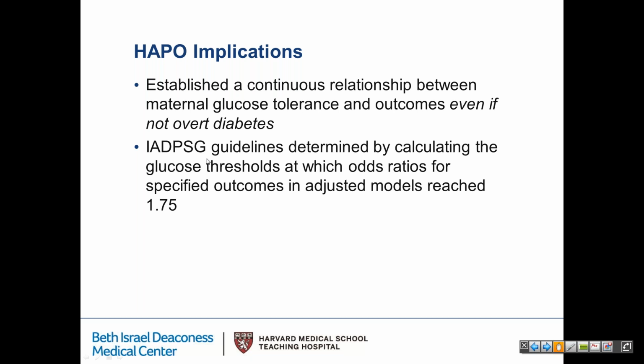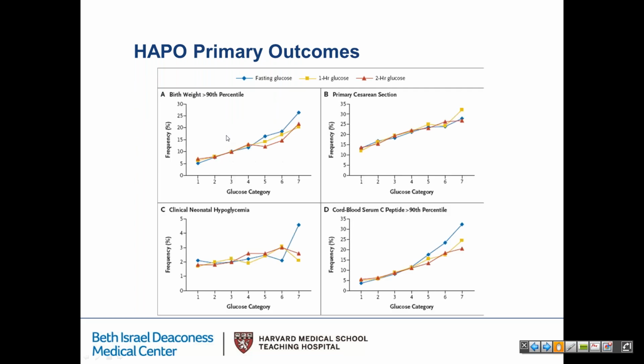So the IADPSG calculated glucose thresholds at which the odds ratios for specific outcomes in those adjusted models approached 1.75. And that's how they came up with those wacky numbers of 92, 180, and 153, because that's where those odds ratios equaled 1.75. What the IADPSG had hoped to see was a J-shaped curve where they could say, okay, here's where we